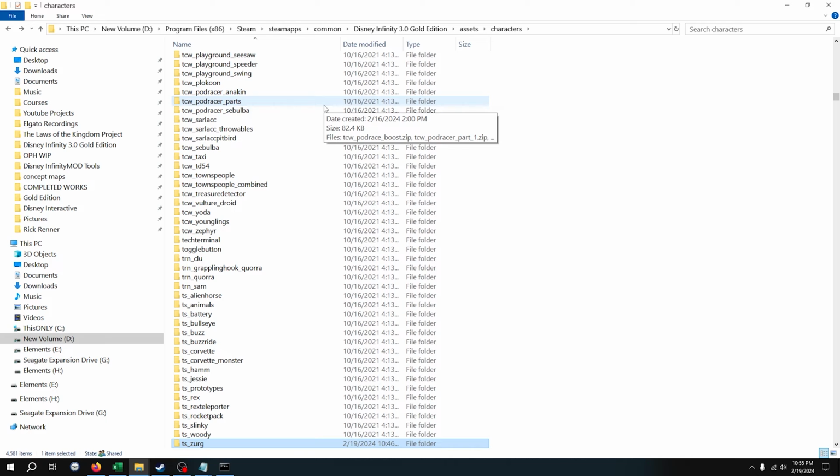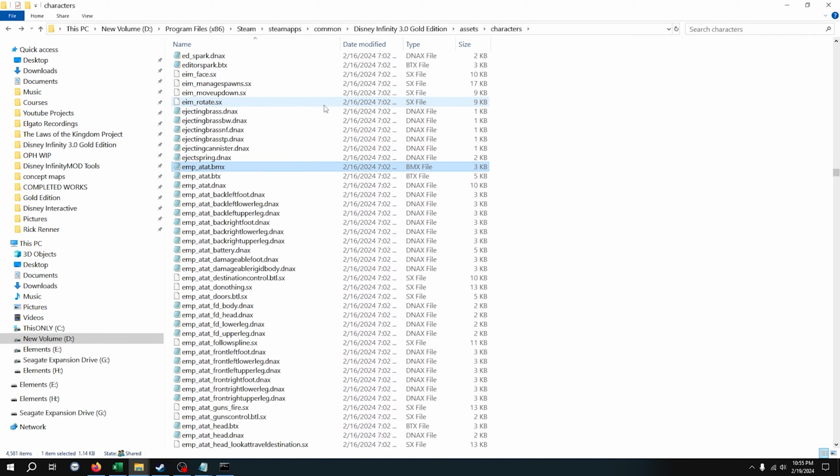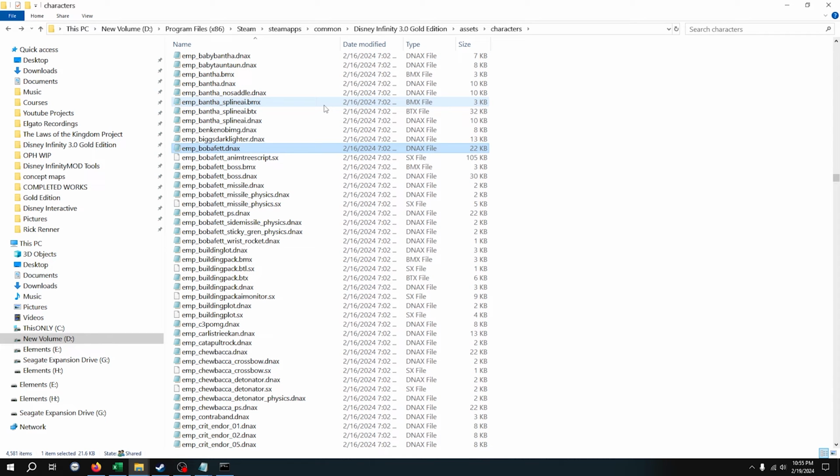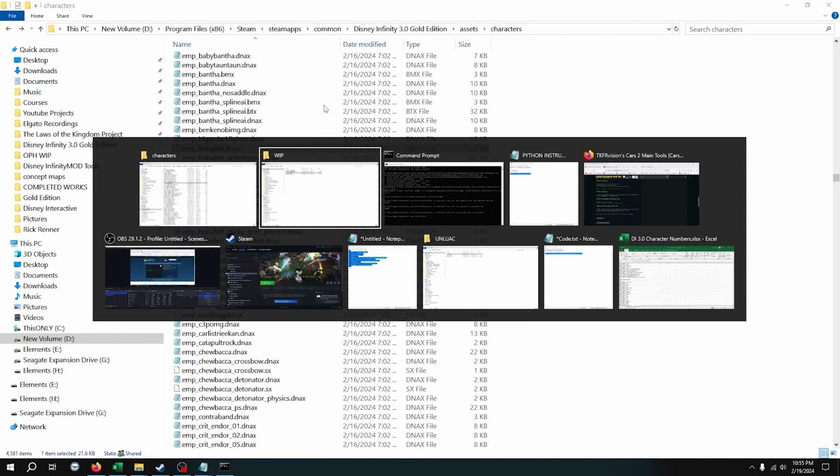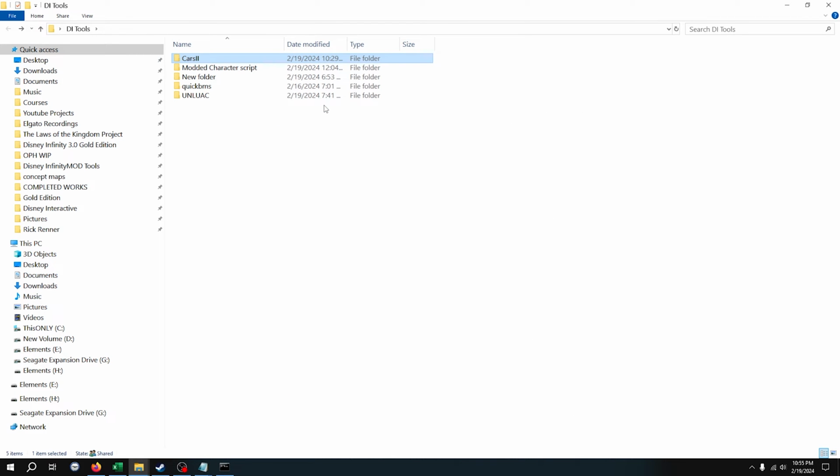So characters need DNX files. And because we replaced them all with Boba Fett stuff, we're going to need Boba Fett's DNX file. So Boba Fett is EMP_Boba Fett, and we want the DNX file. Oh, but that is encrypted. So we're going to copy that, and now we're going to go to the Unluacy, paste them in there, and we are going to open up